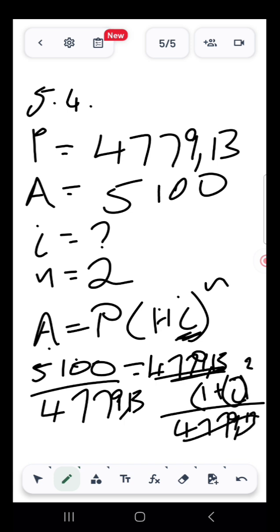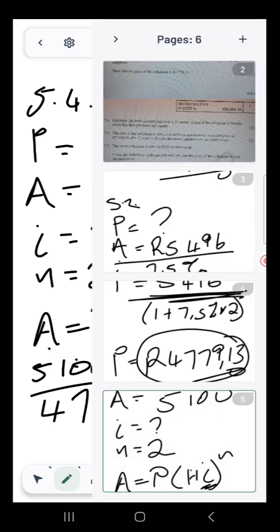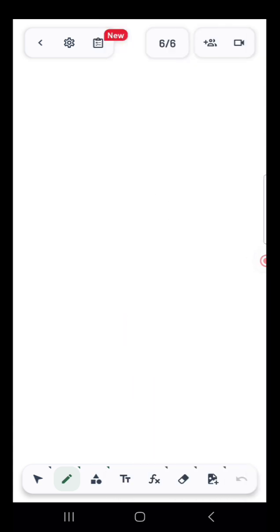Then we remain with the bracket 1 plus interest squared, divided by that, and then the answer is